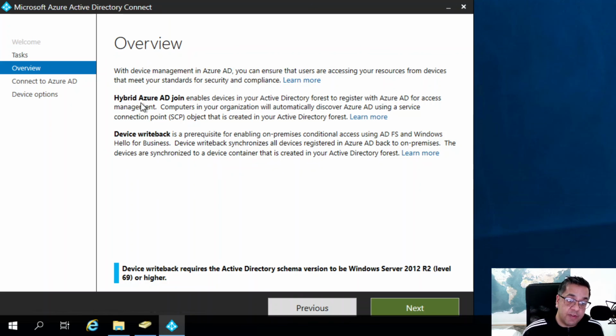So here's a quick overview. So we've got two types of device management synchronization we can do. So I'll quickly read this overview. With device management in Azure AD, you can ensure that users are accessing your resources from devices that meet your standards for security and compliance. So I mentioned Azure AD Join, Hybrid Join before. So this is where it enables devices in your Active Directory forest to register with Azure AD for access management. I've not gone through that configuration in this video, but again, I'm happy to